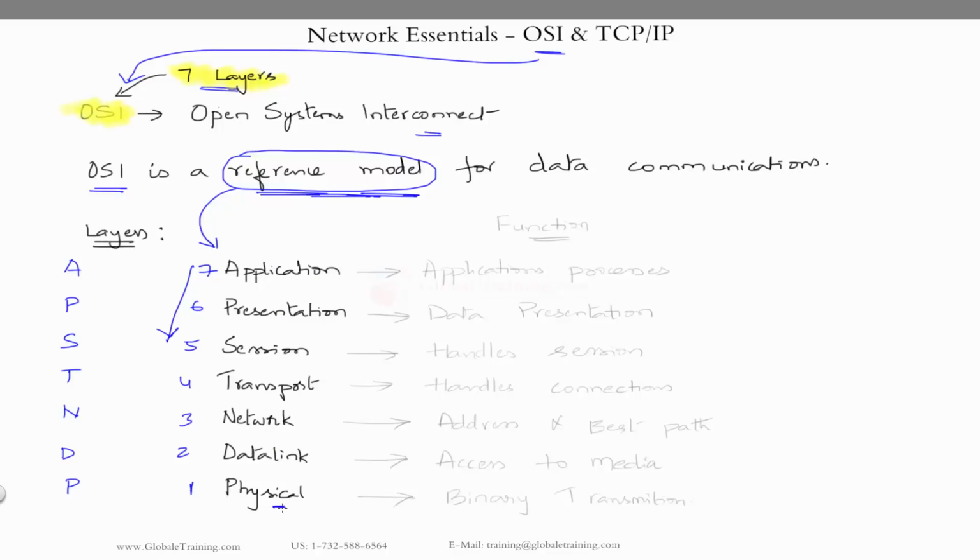The physical layer represents practically the actual network cable, and the application layer represents the actual application that is trying to communicate. For example, let's say you're trying to use your browser to go to hotmail.com. Your actual browser action is at this layer, and when your actual data gets onto the network cable, that's at this layer.